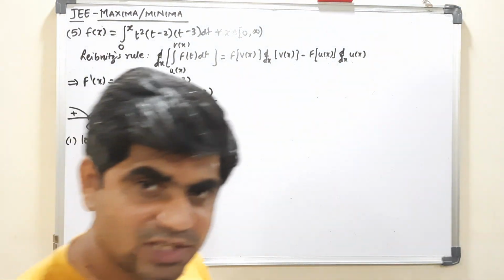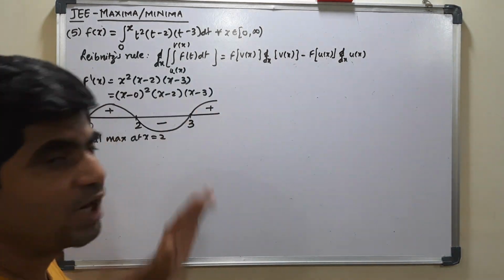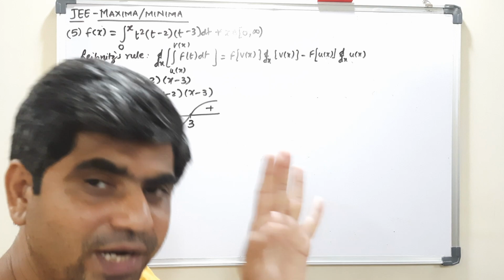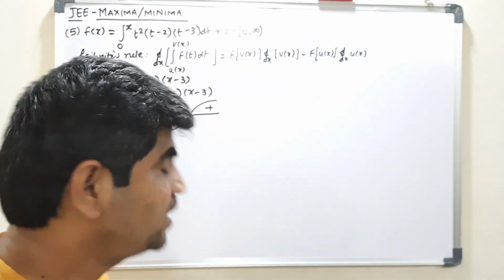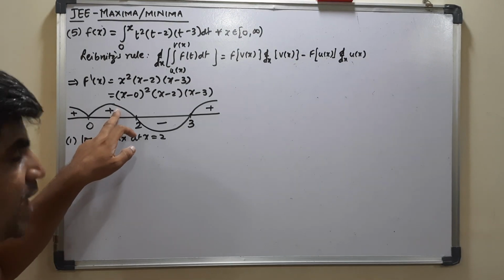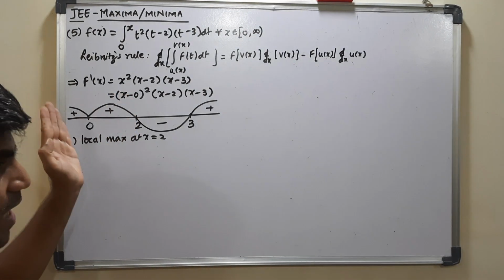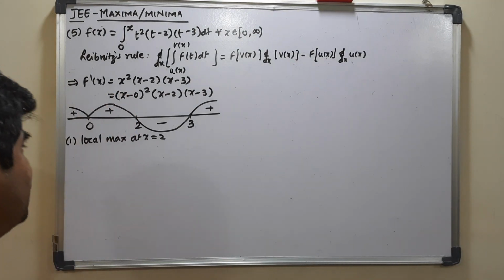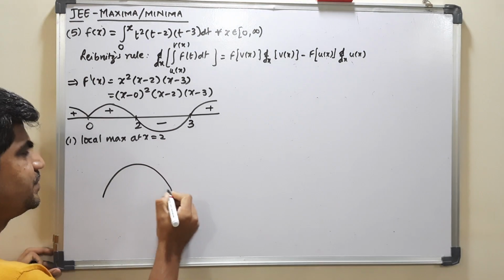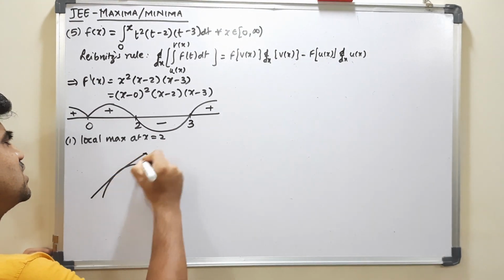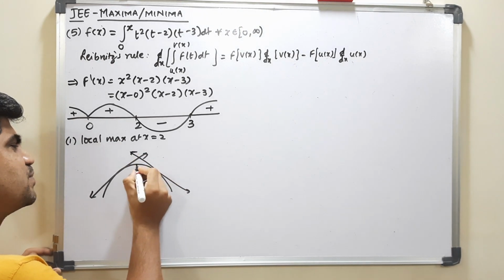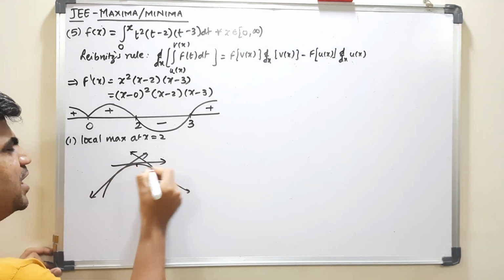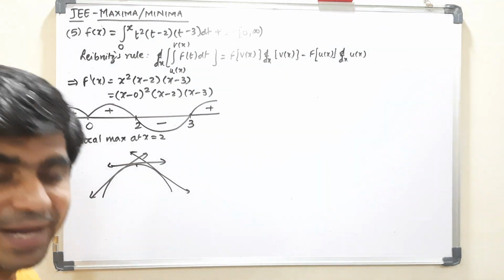One more time I will explain to you. I have plotted the critical points of the derivative. That means they are talking about the slope, right? So slope is positive to the left of 2 and negative to the right of 2. So it will come like this, this is positive and this is your negative. So this point, that is the stationary point, will be the point of maximum.